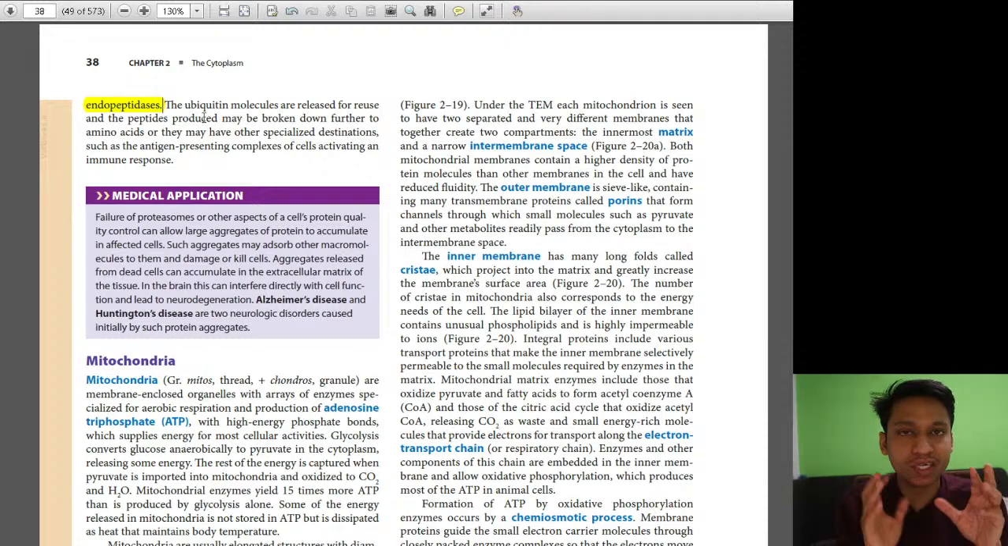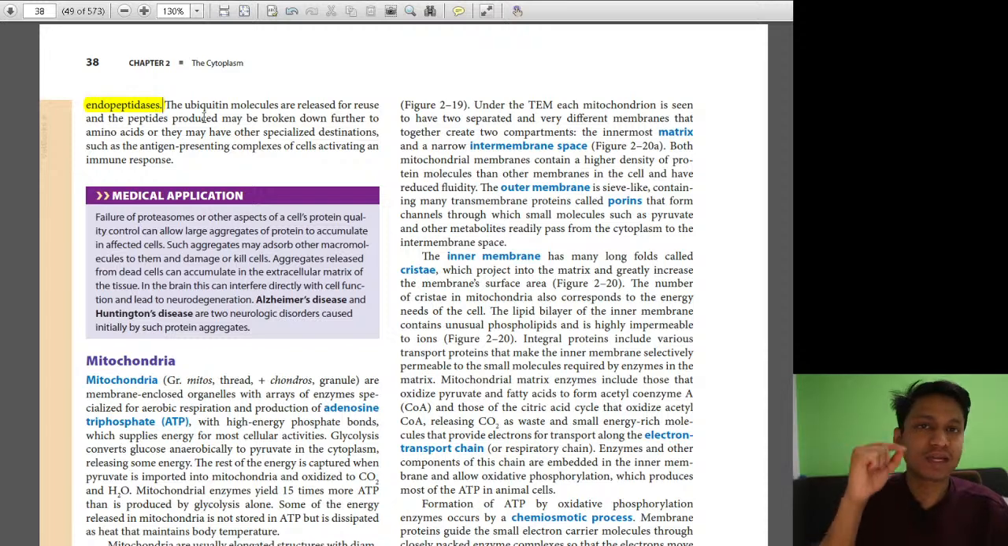So ubiquitin is required to form this complex where a protein, identified by the chaperone, can be brought into a complex by ubiquitin, and endopeptidase is the enzyme that eventually degrades this protein. So the ubiquitin molecules are released for reuse. After this process is done, the ubiquitin molecules go back for reuse, and the peptides produced may be broken down further